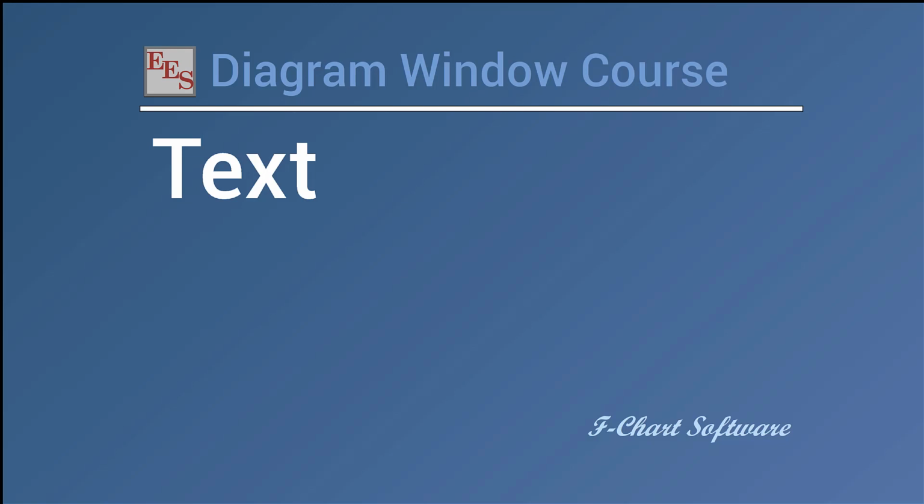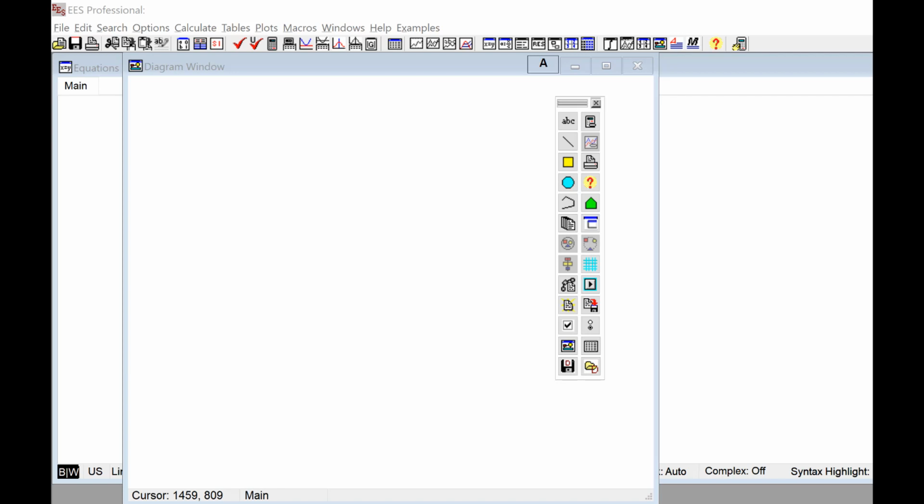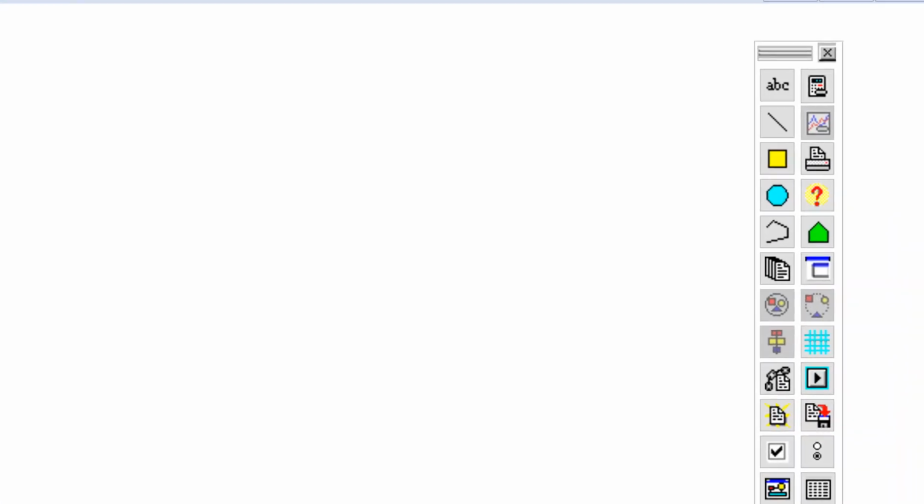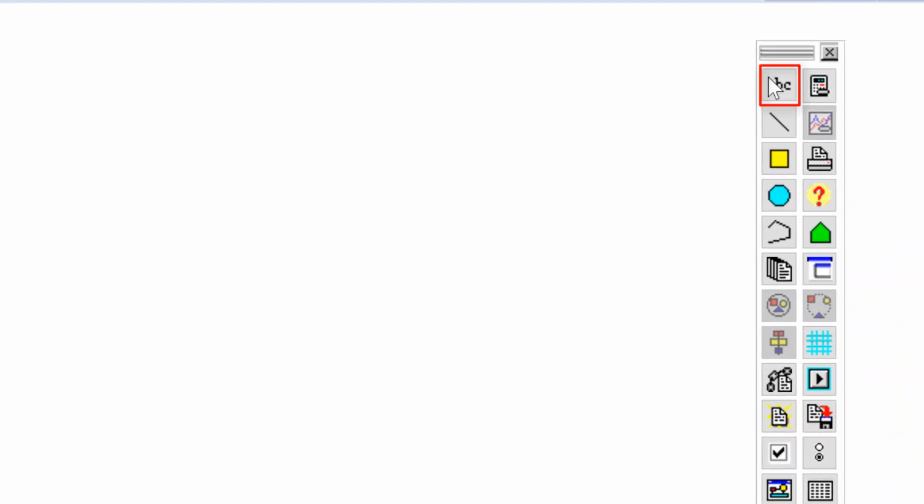So we've talked previously about adding a text item to the diagram window. In this video, what we're going to do is talk about some of the more advanced features associated with text that can be placed in the diagram window. So the way that you add a text item to the diagram window is with the Add Text Item button,